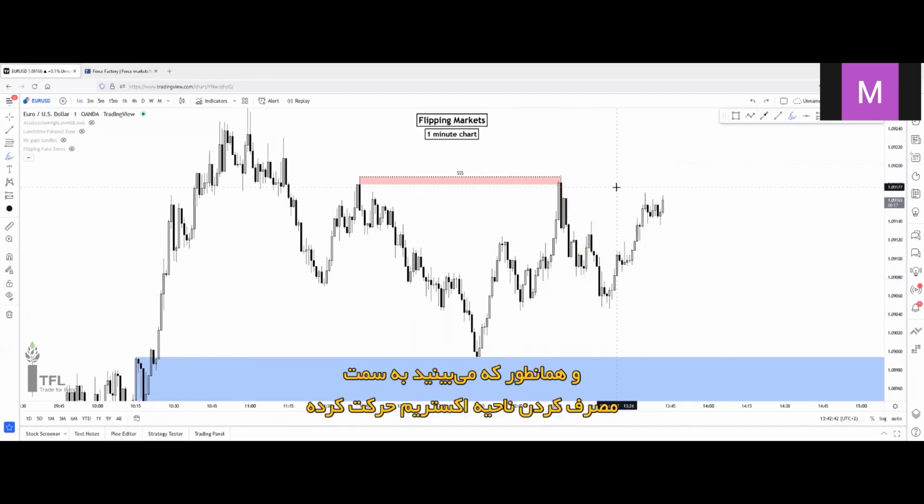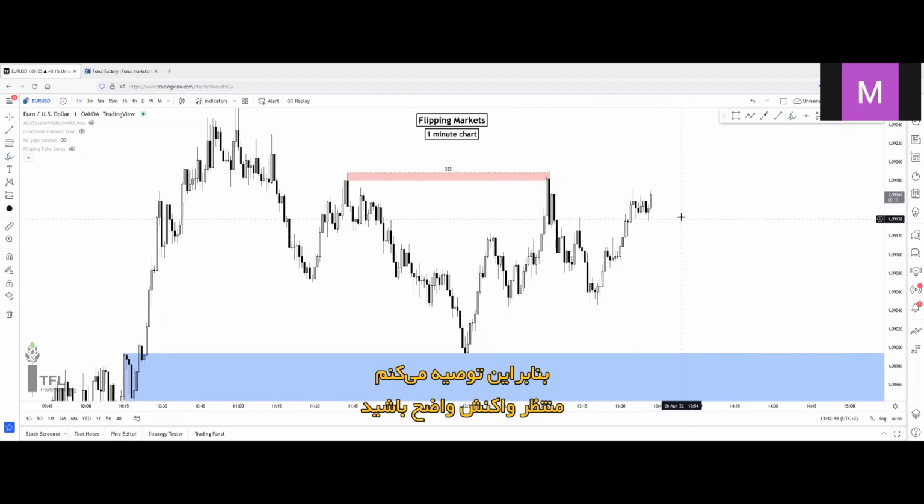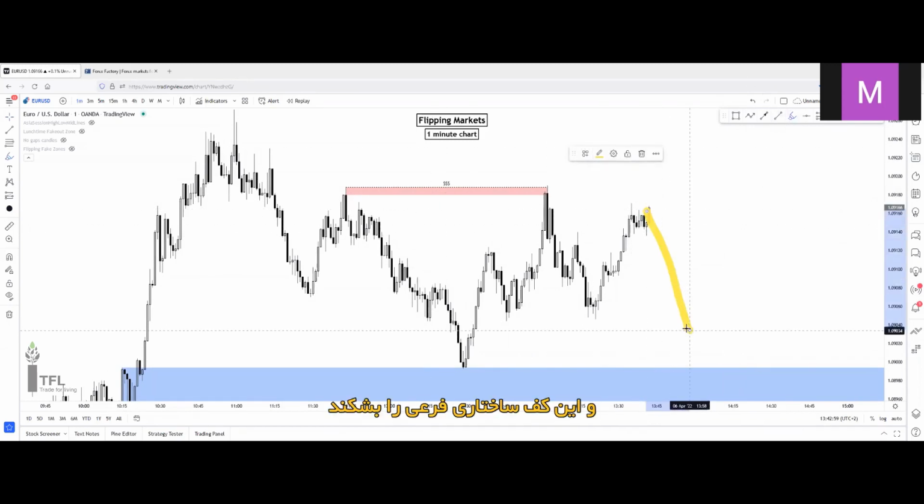And it's coming up to mitigate the extreme, as you can see. But there's no clear 1-minute extreme zone at this region. So I really recommend you to wait for a clear reaction, wait for a clear break, and wait for a clear supply/demand formation. If price creates a reversal here to the downside, and let's say it creates a break of